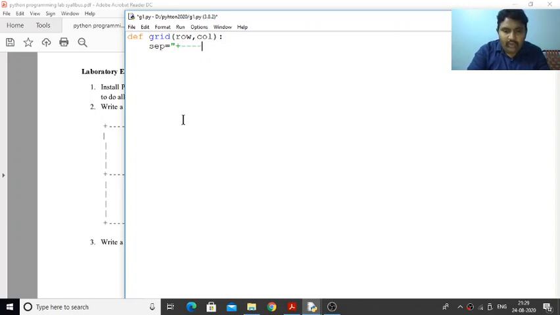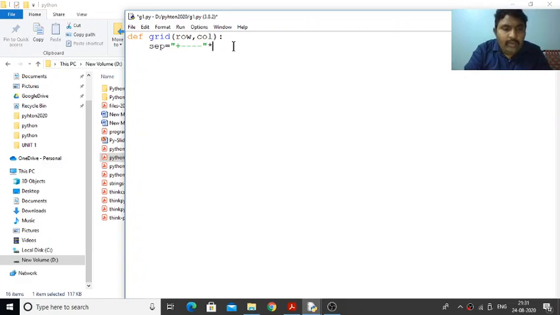So separator, plus minus minus, let us close this. It has to be repeated for the number of columns.